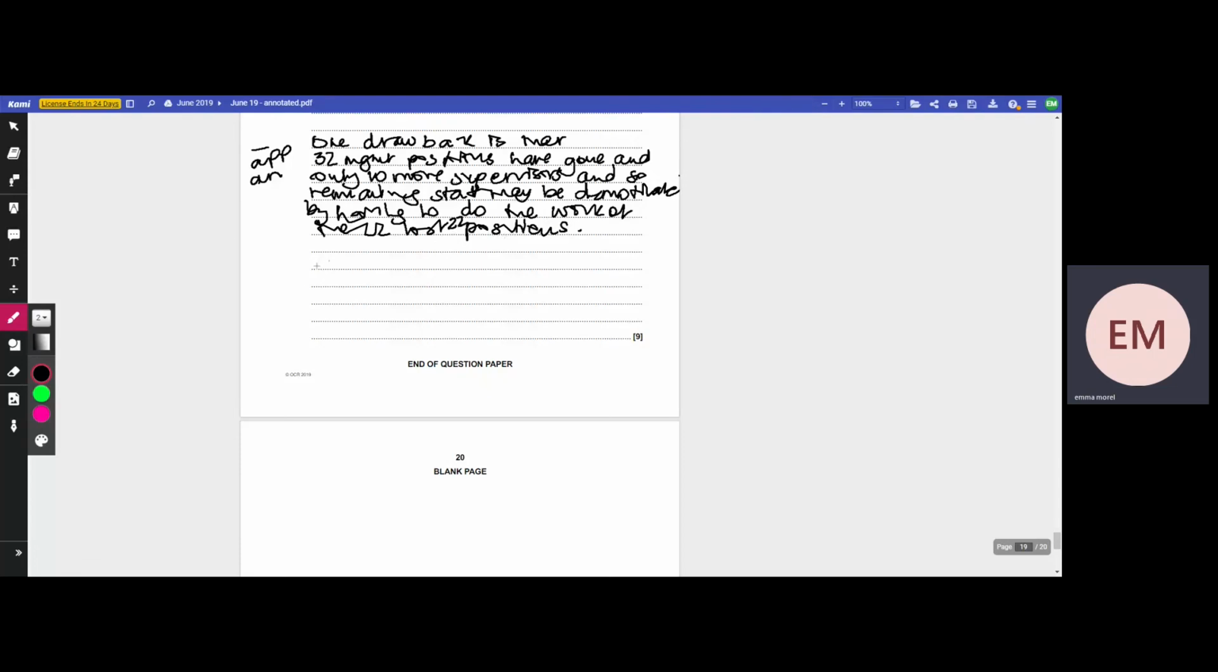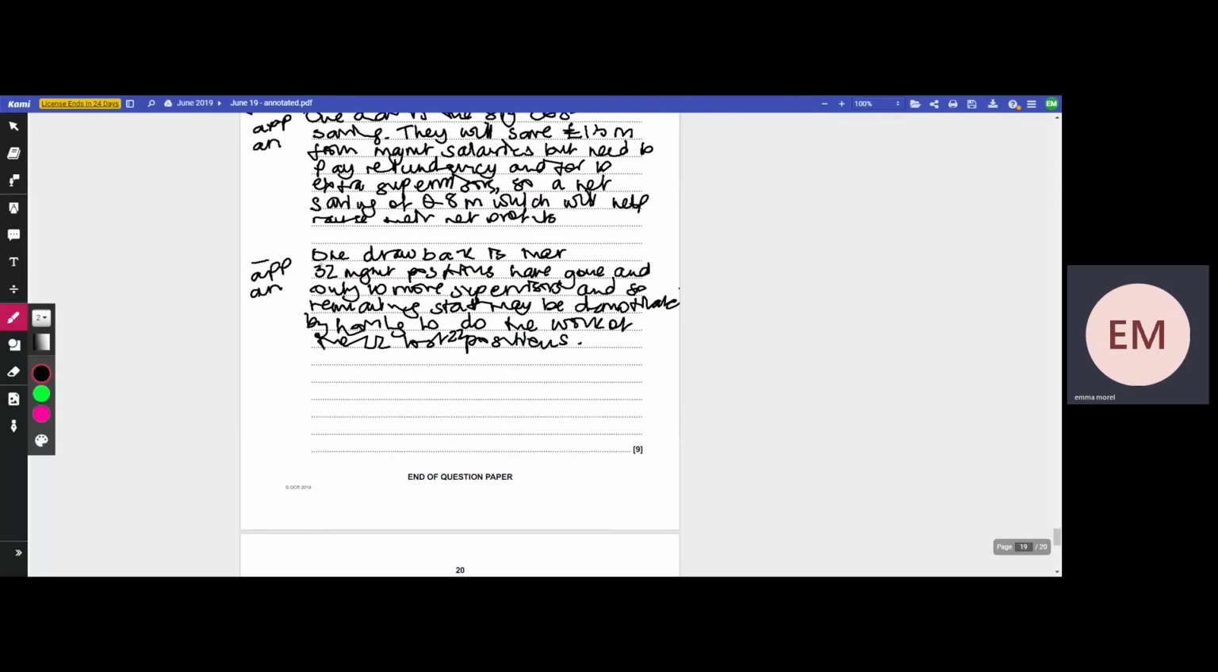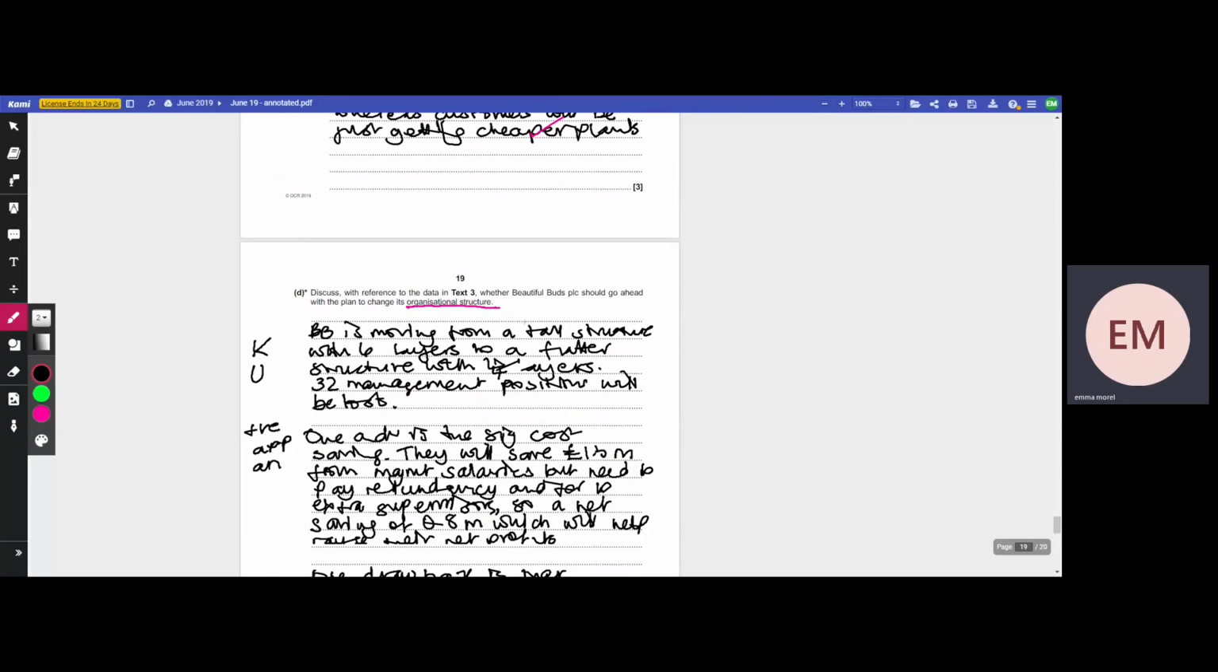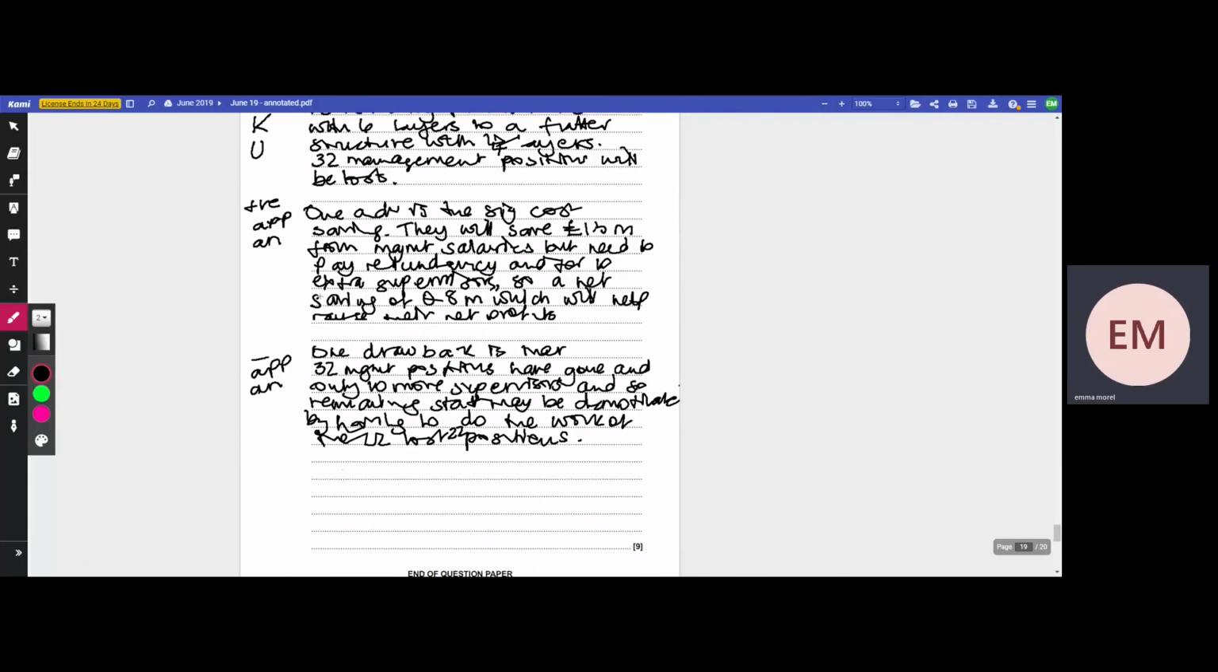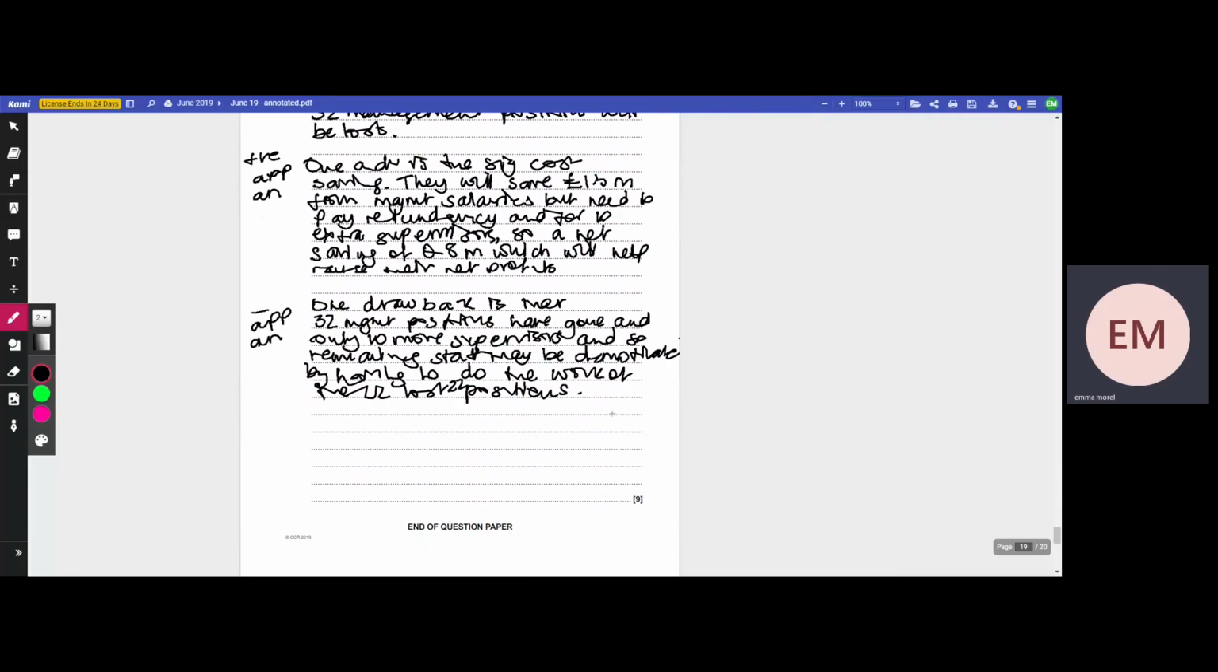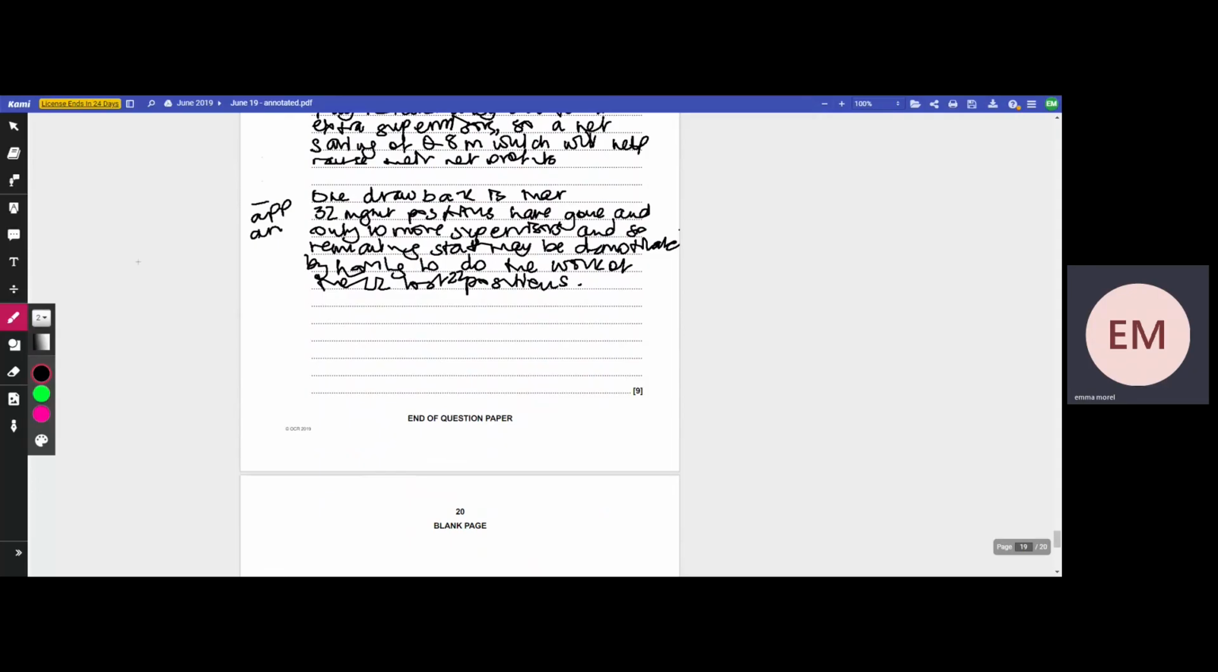So now I need to do my evaluation. Okay, and it says, what does the question say? Should they go ahead with the plan? So I'm thinking, well, they probably should. You know, but we need to think about this quite carefully, what we're going to say. We don't just want to repeat what we've said already to get these marks. But again, I'm going to get a mark for saying, I recommend they go ahead